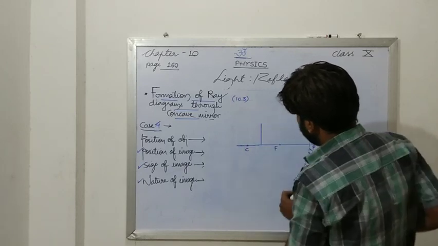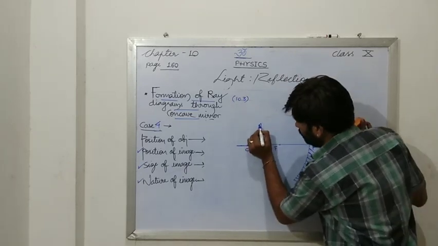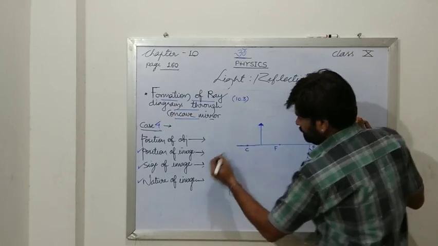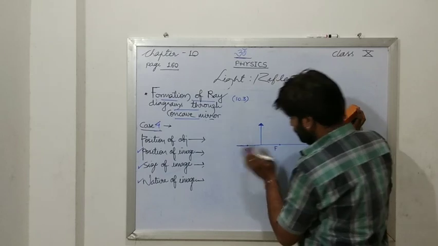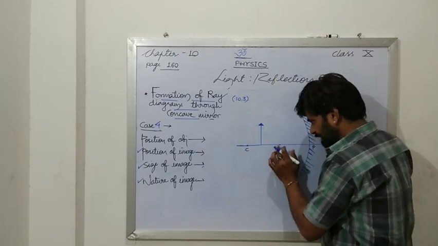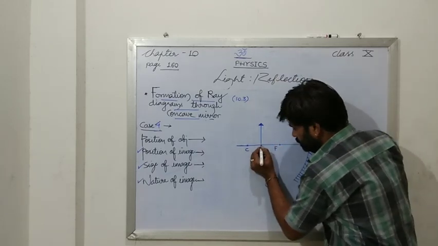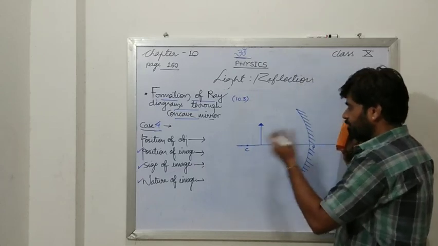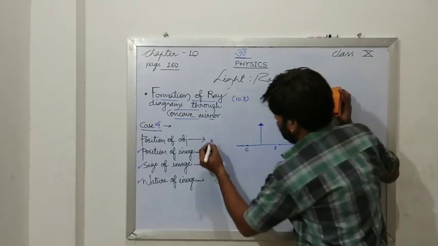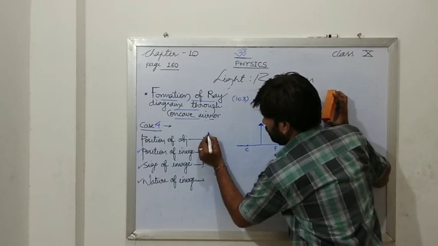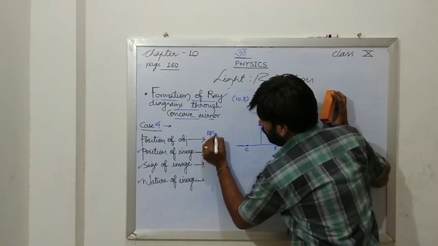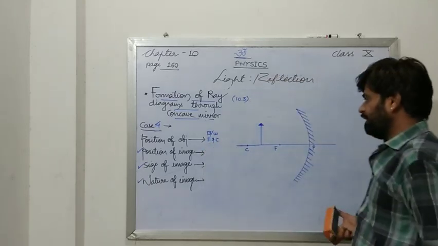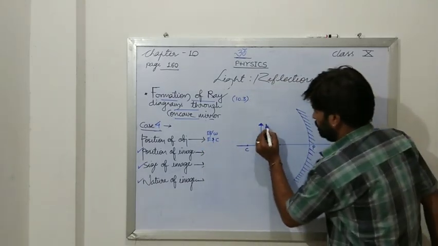Now this time we are going to have the position of object between F and C, because in the previous case we had it over the C. Now you may put it anywhere in between, but I am choosing the place just in the center, so that we may have the clarity of the image. The position of the object is between F and C. So let us begin with the formation of image.